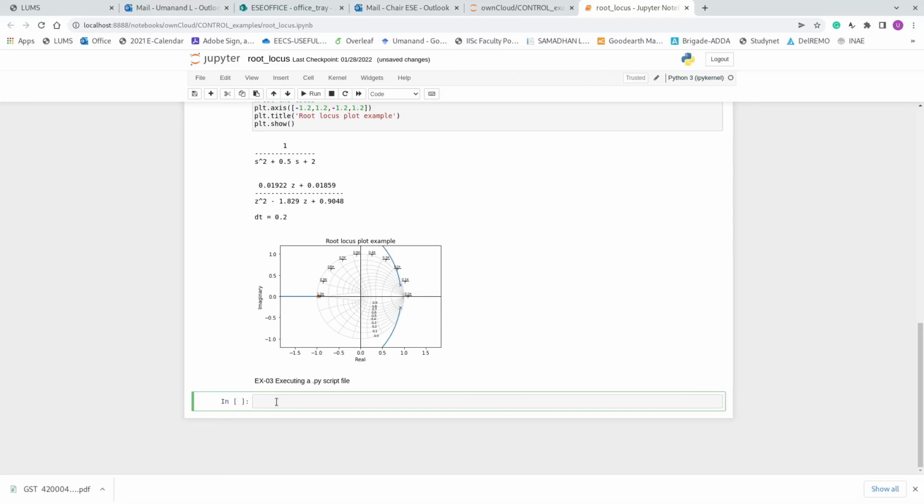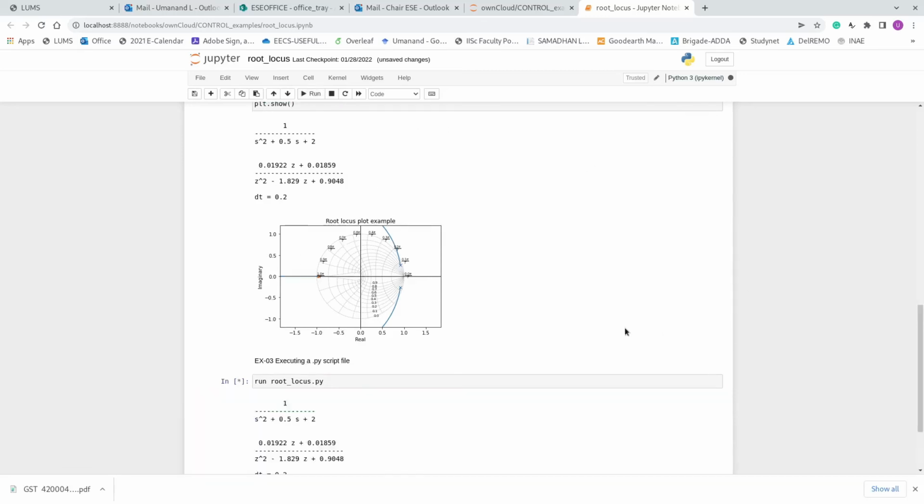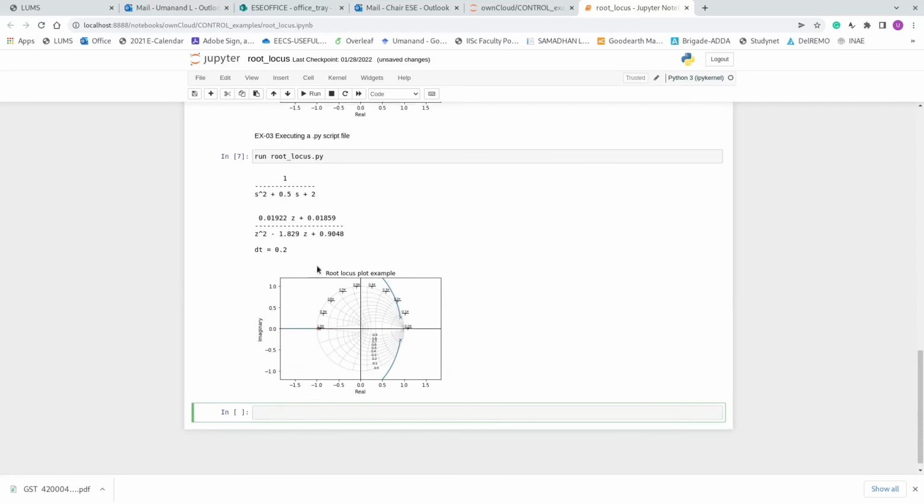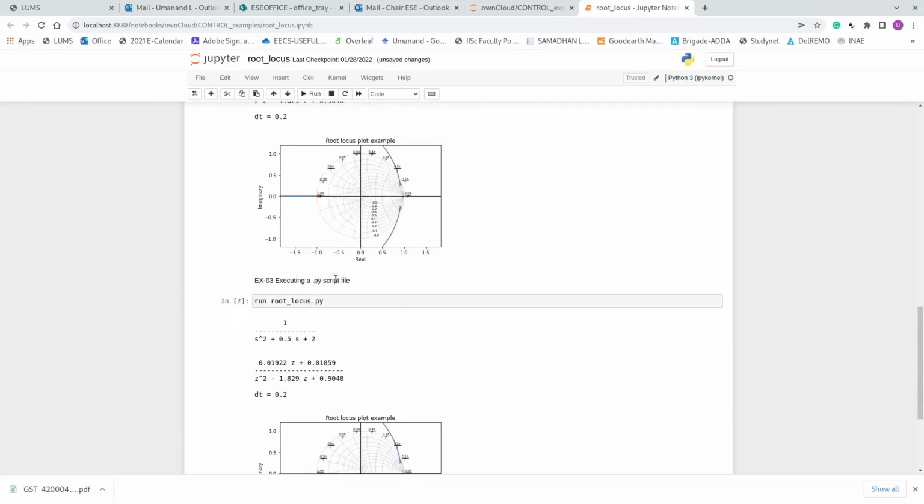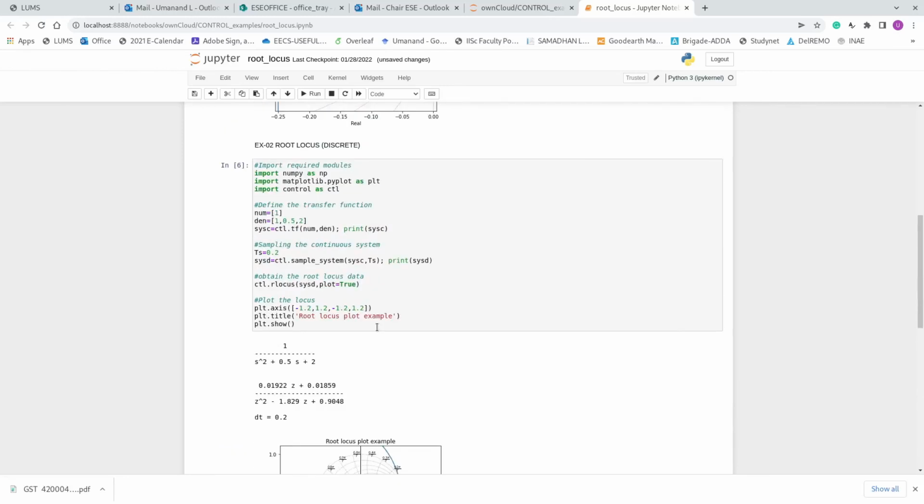So just like you did in IPython, the run, you are already in the same directory. I'll say run rootlocus.py. So let us execute this. So you see that rootlocus.py gets executed. So you don't need to actually duplicate the code by cutting and pasting it here.